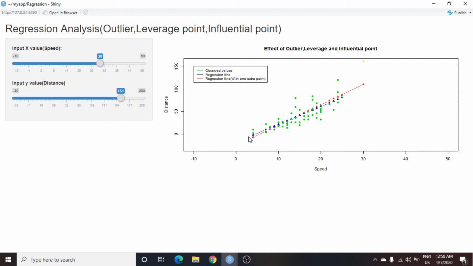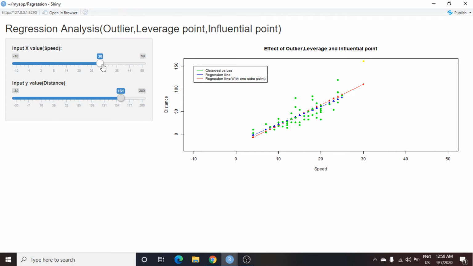Here you can see for the original observations all the x values lie between 5 and 25. So if I consider one more value whose x value is 60 or 45, then we can call it a leverage value.